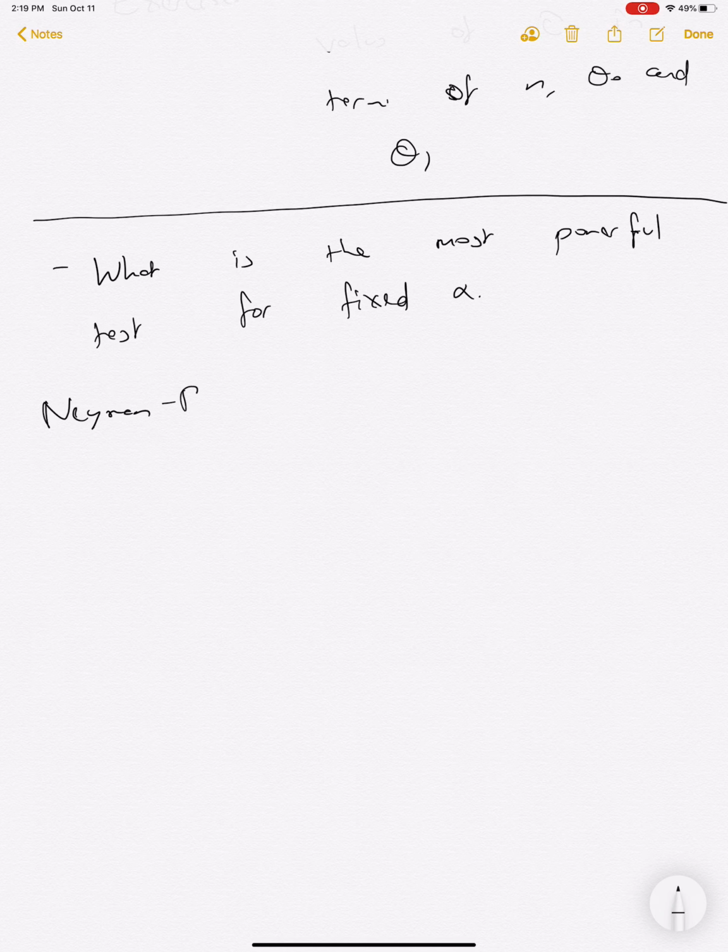And so this is pretty useful and pretty powerful because it's basically saying that the likelihood ratio test gives